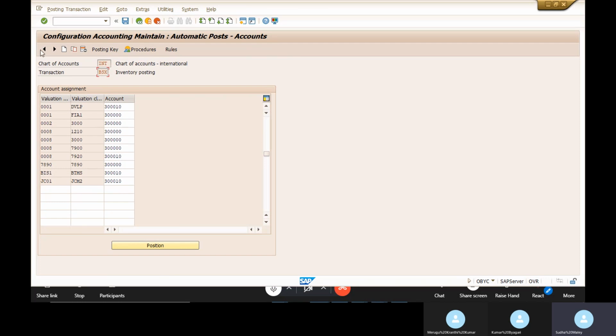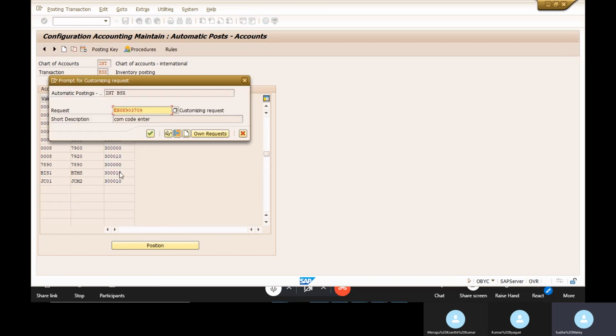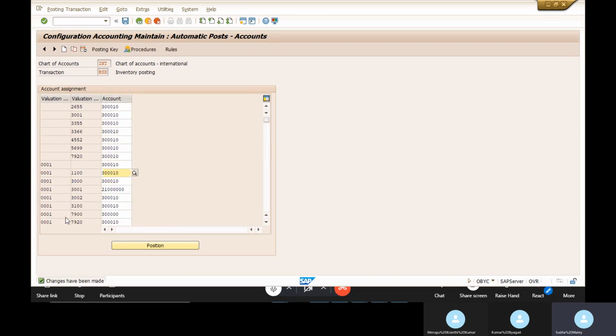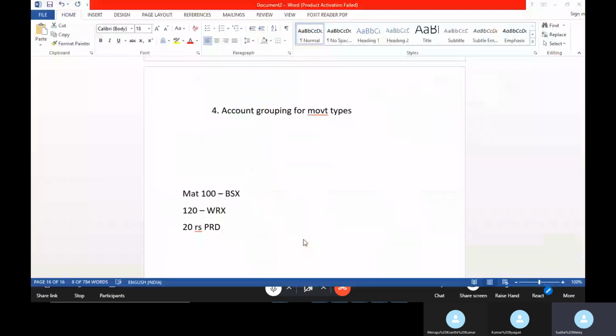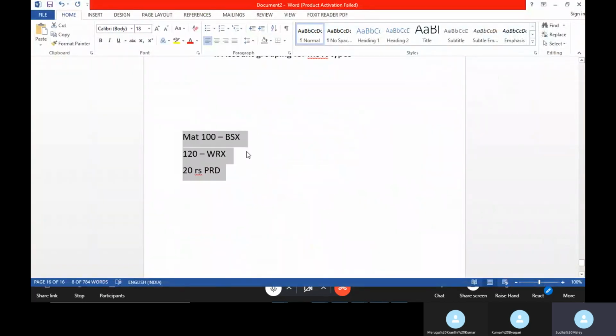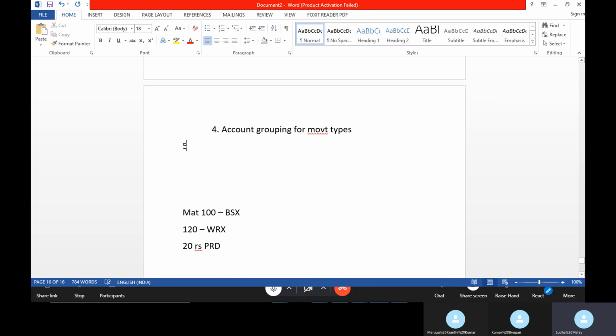This is how there is a link between your account grouping, your valuation grouping code and your valuation class with a GL account. Then save. This is how you assign your valuation grouping code, valuation class and GL account. It is an important combination: OBYC account grouping and then your automatic posting.